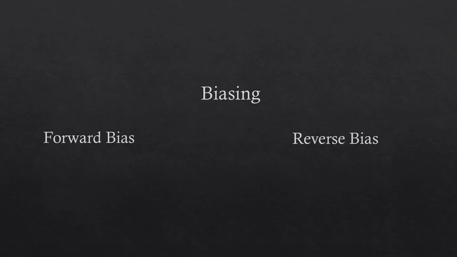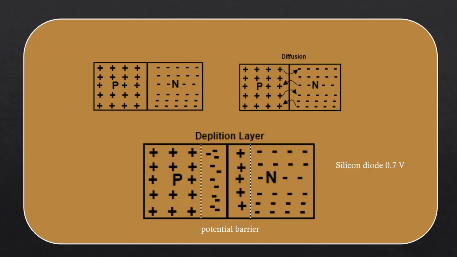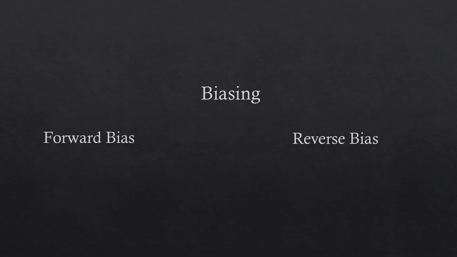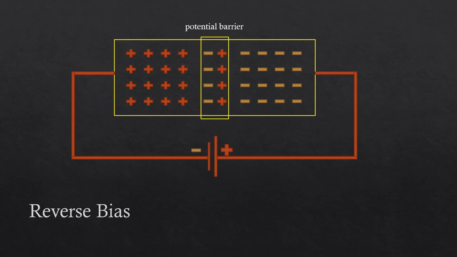Okay, now let's talk about biasing, forward bias and reverse bias. That is the construction of the diode. So we are making a diode. So that's a PN junction. That is how it's made. Now you get a better understanding of this. Let's talk about biasing. First we are going to talk about reverse bias. In reverse bias, we are going to connect the p-type material with the negative terminal of the battery, as you can see here, and the n-type material is connected to the positive terminal of the battery.